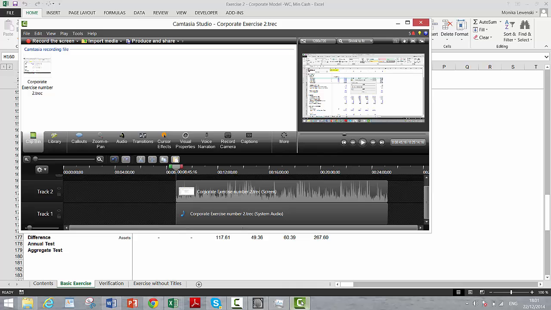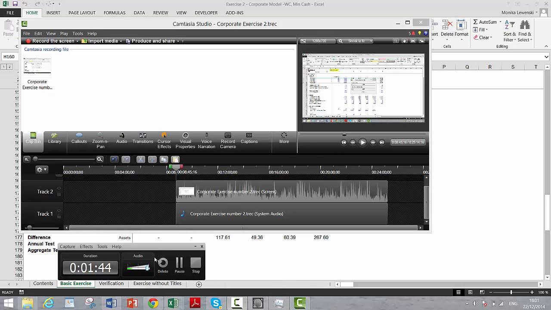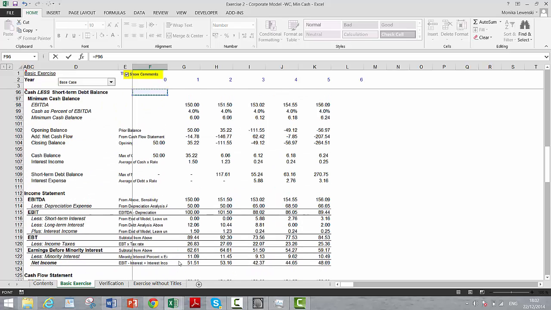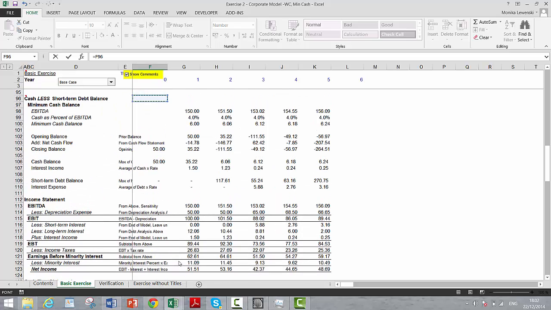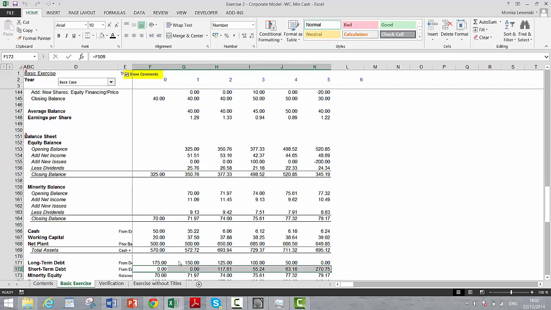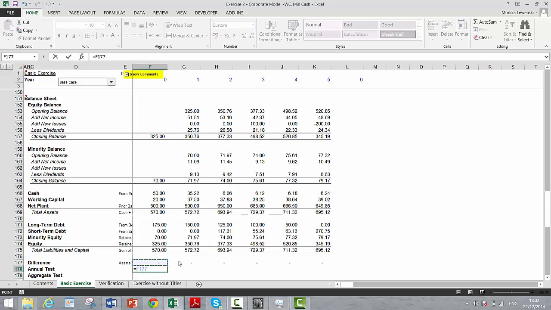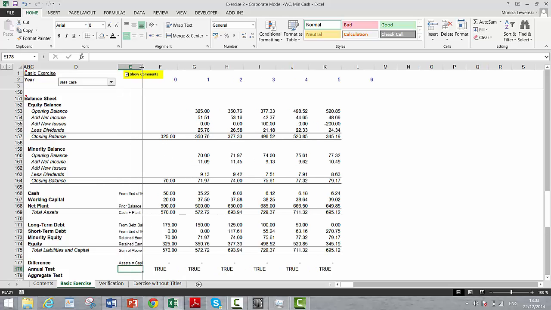So guess what? I'm stopping the video. Well, that wasn't a big problem. Here's the only problem I had. Of course, made another error by not taking the correct short-term debt balance, and when we take that and copy it, we get this, and now we can see if this equals 0, and we can put our wonderful little aggregate test. I should have done this right at the beginning. I'll make this, and